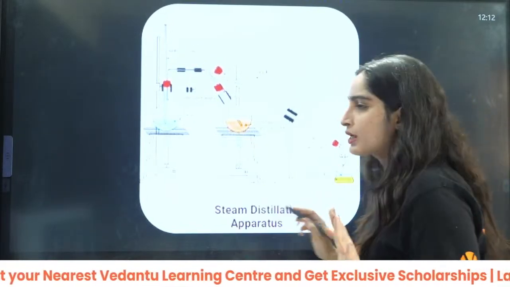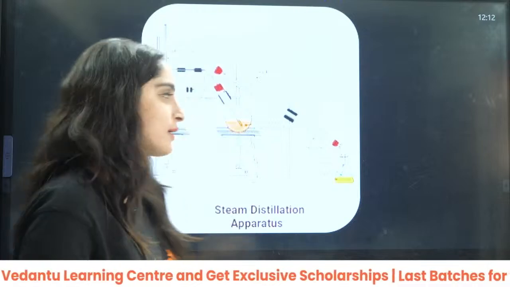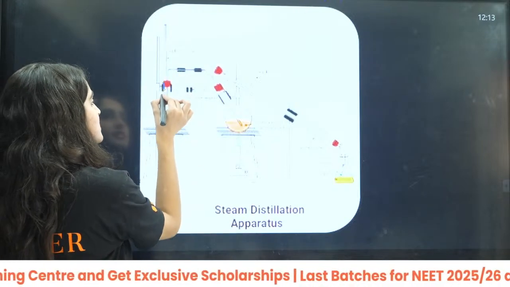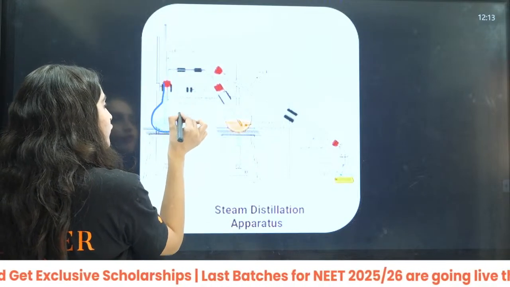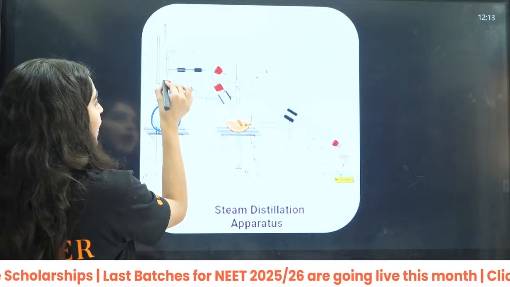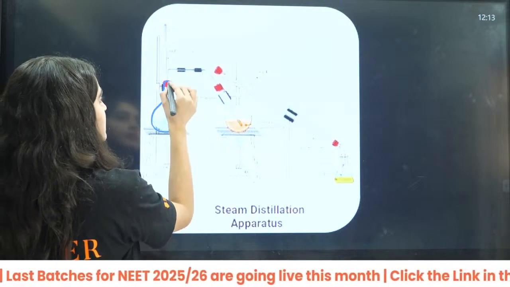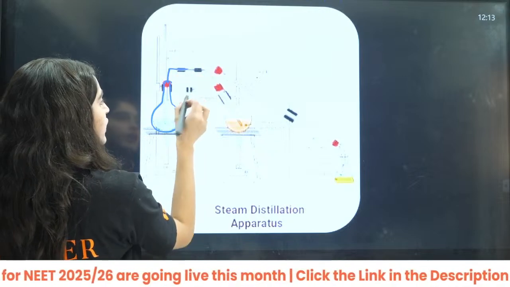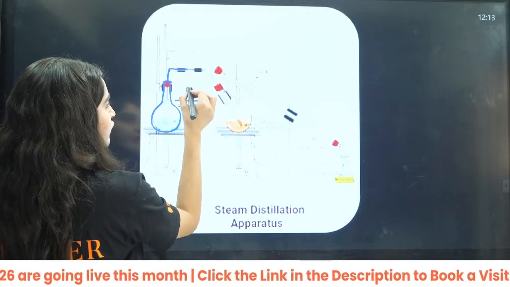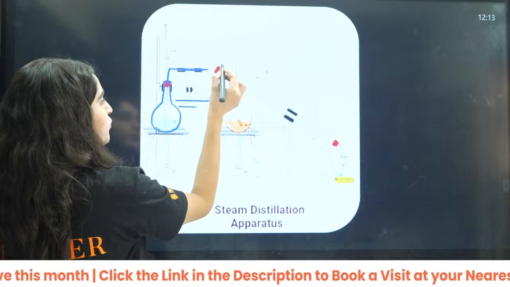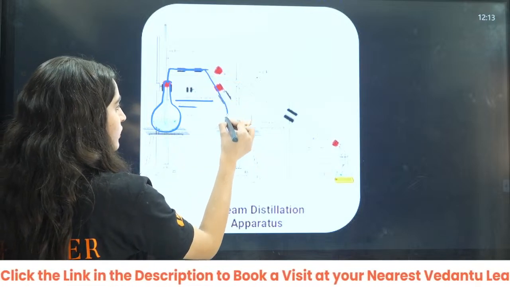Firstly, let us know the diagram, then we will understand the theory part here, right? So this is your round bottom flask. This is where you will have condensed water vapors, right? They are moving here, and this is your